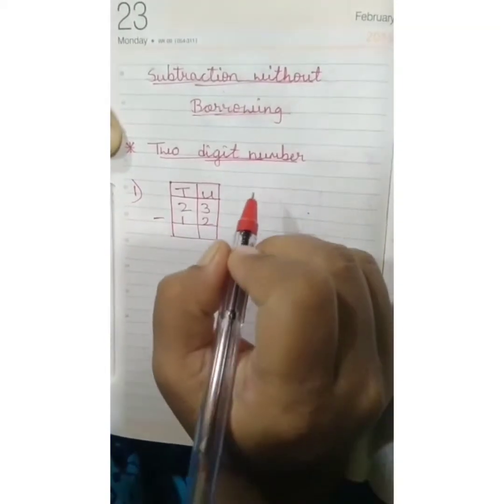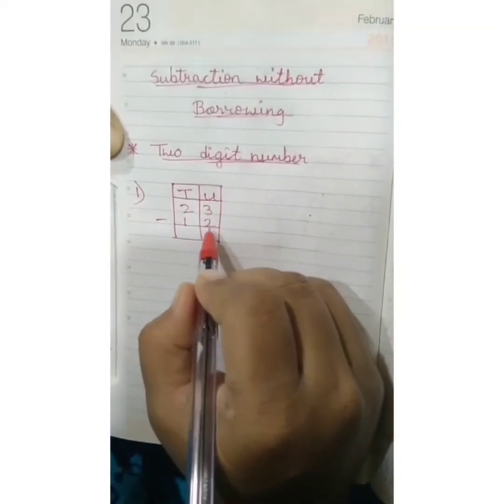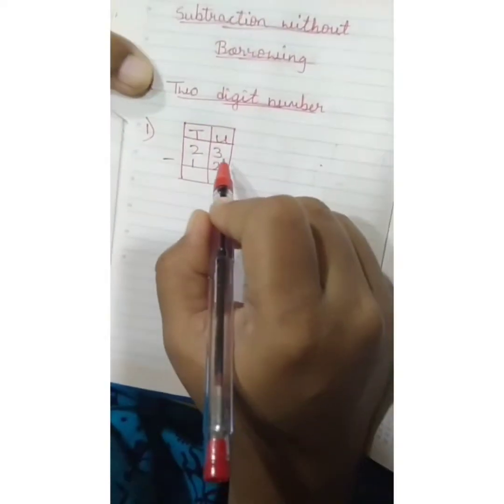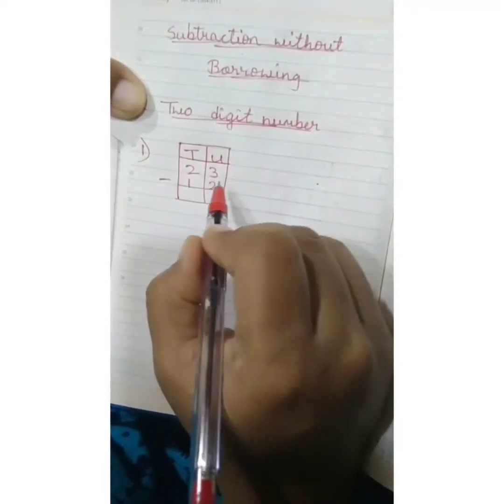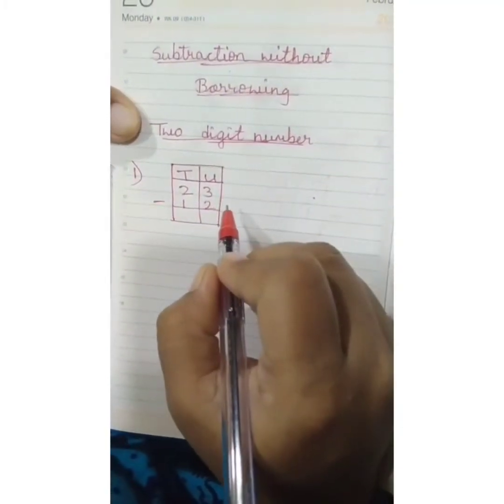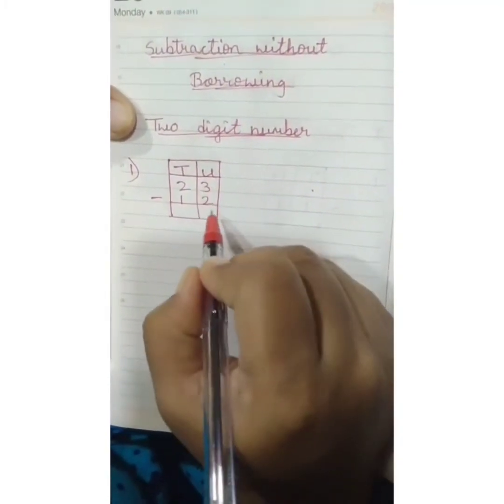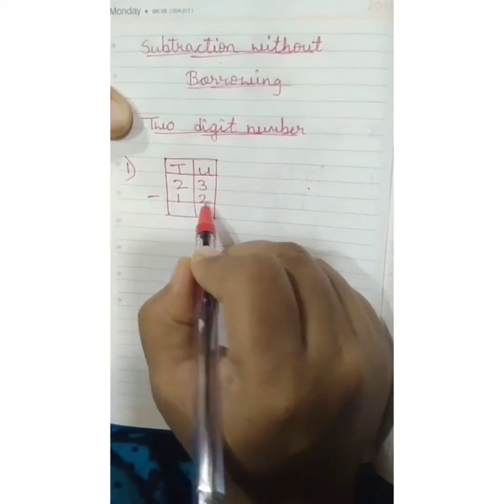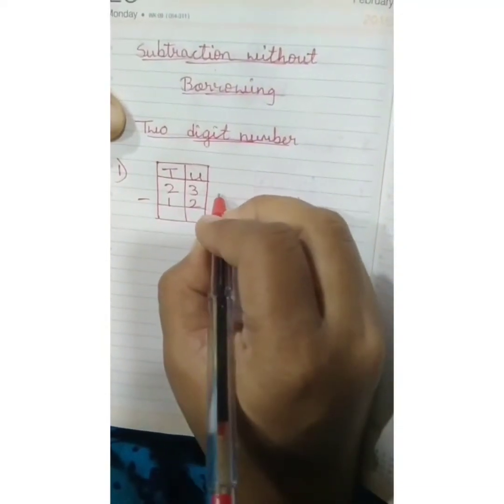When you are doing subtraction, always start from unit. Now in unit, what numbers have they given? 3 and 2. Which is the bigger number? 3. And which is the smaller number? 2. So here I will put